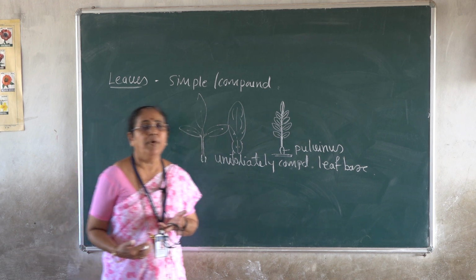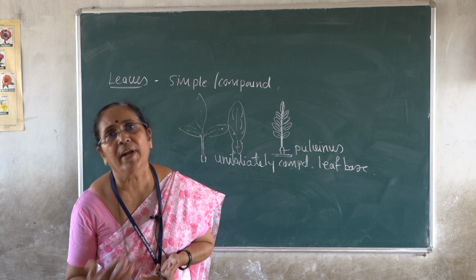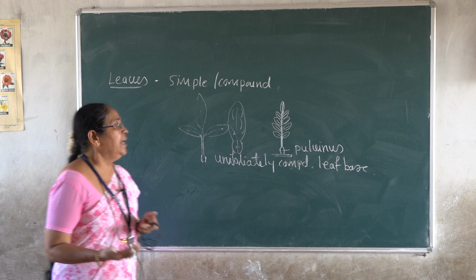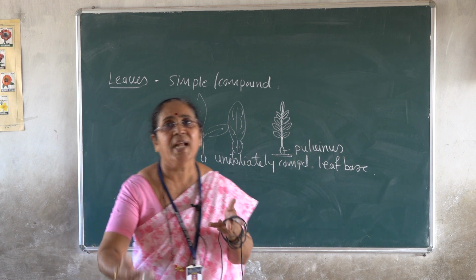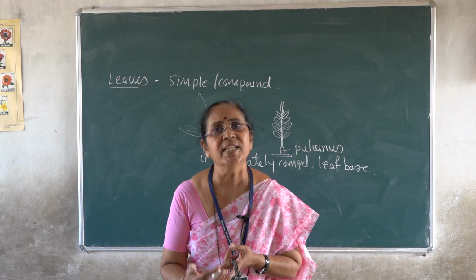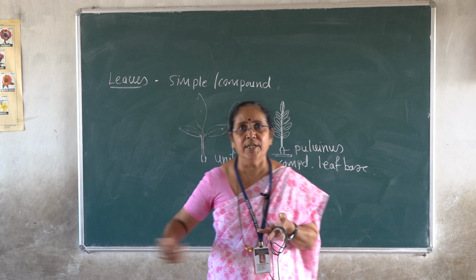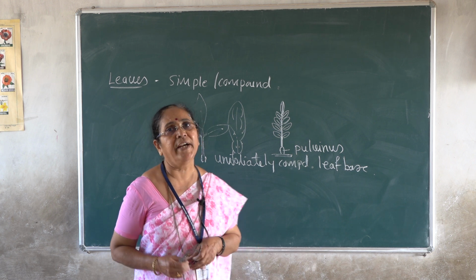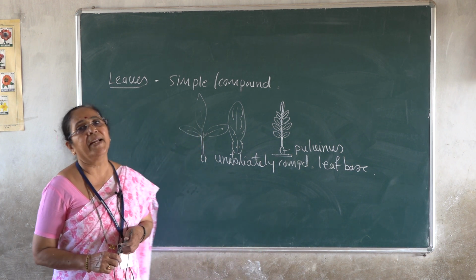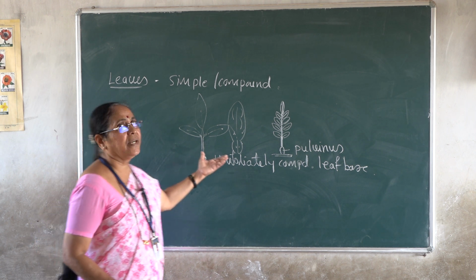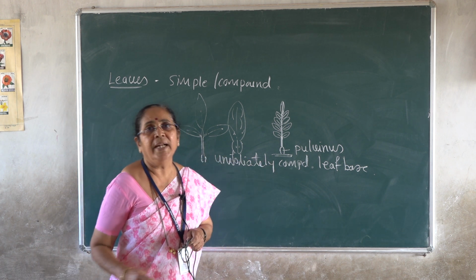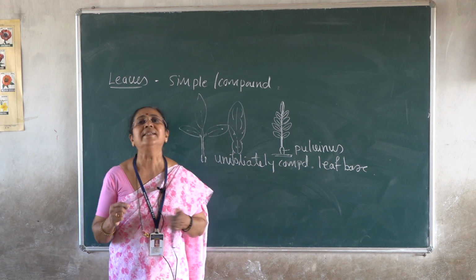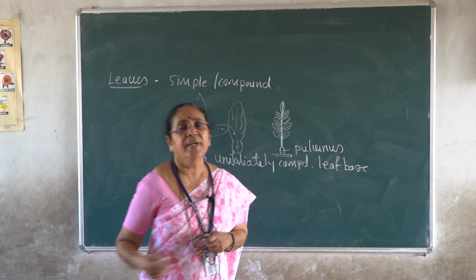Pinnately or palmately compound leaf, simple or compound, stipulate or exstipulate. Sometimes the stipules may be modified into sharp thorns, and the leaves are highly fragrant, because once you describe the fragrant nature of the plant parts, need not describe each and every part as fragrant, and so on. So you have described already the habit itself. The plant parts are gland dotted in nature. Translucent oil containing glands are found over the plant parts. The same character is exhibited by the leaves also. And the leaves are characterized by entire margin, leaflets with entire margin or slightly serrate margin, and unicostate reticulate kind of venation.